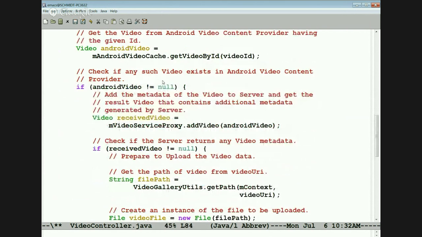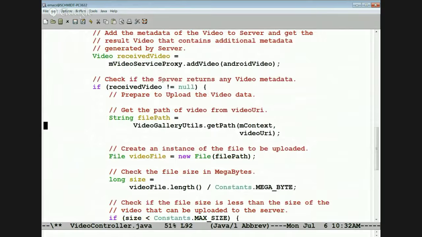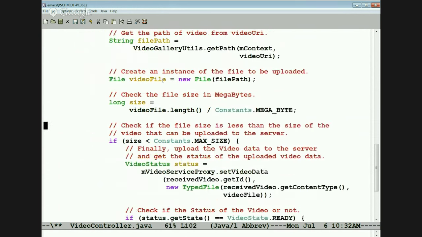And notice that's a two-way call. So the video controller always has to run in the background using, say, an async task or using an intent service. It adds the video, and then it gets back some additional metadata. And that additional metadata indicates other information that we're going to use when things came back. And once we have uploaded basically the metadata, then we go ahead and we are going to upload the actual